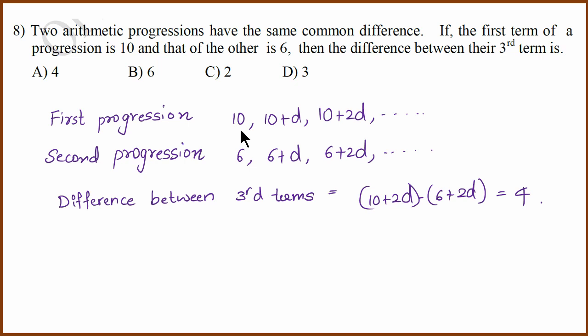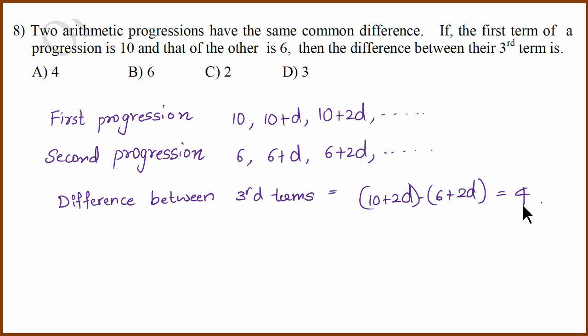We know that in an arithmetic progression, to get the second term, we have to add the common difference. The third term is 10 plus 2d, which is a plus 2d. Second progression, the first term is 6. So the second term is 6 plus d and the third term is a plus 2d, which is 6 plus 2d. Now, the third term of the first progression is 10 plus 2d. The third term of the second progression is 6 plus 2d. See, where if you calculate the difference